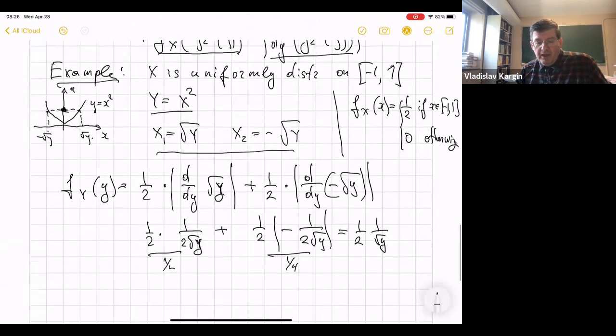And the only thing you also need to write is the range. What's the range of y? And before that, it was